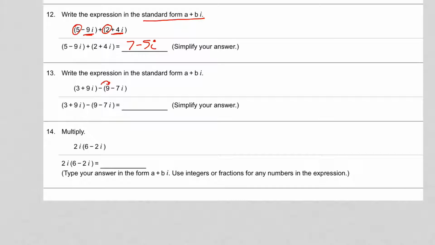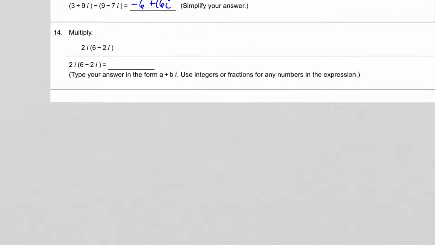Same thing with this one, but we're going to need to distribute this first. So really, we have, so 3 minus 9 is negative 6, and 9 plus 7 is 16. Okay, 14,